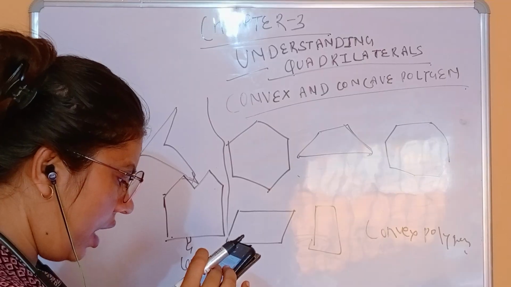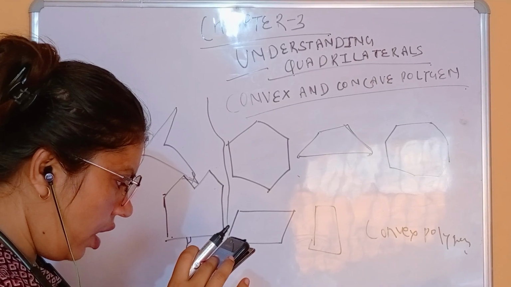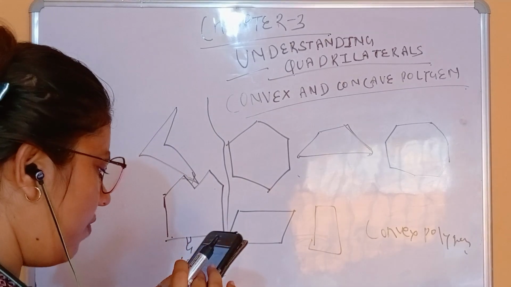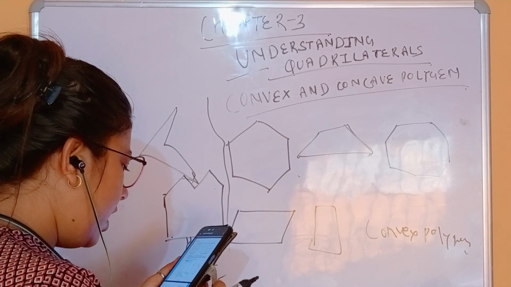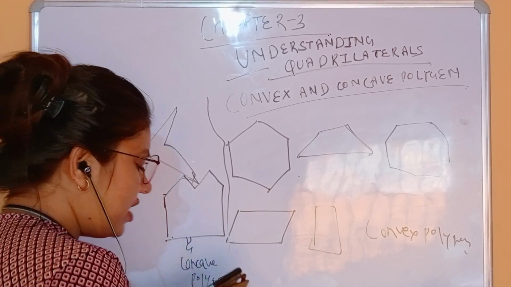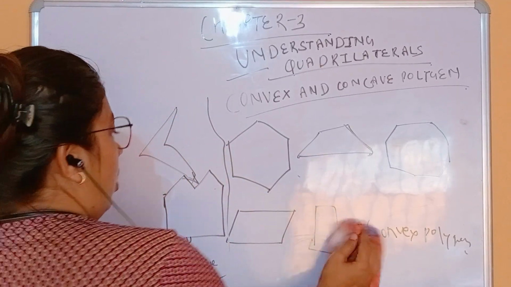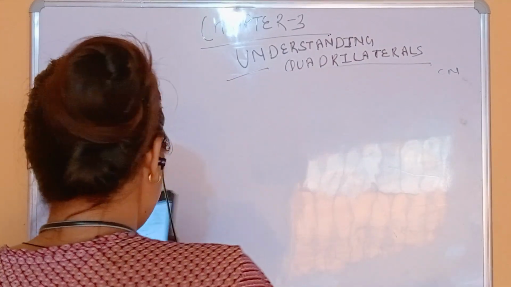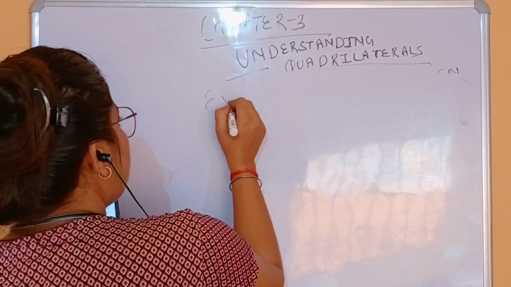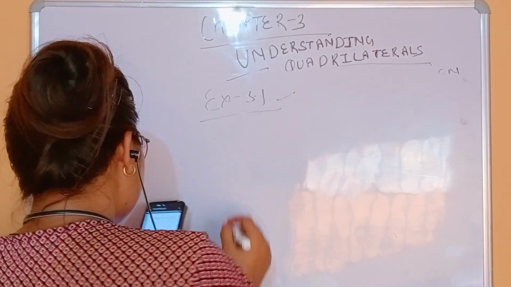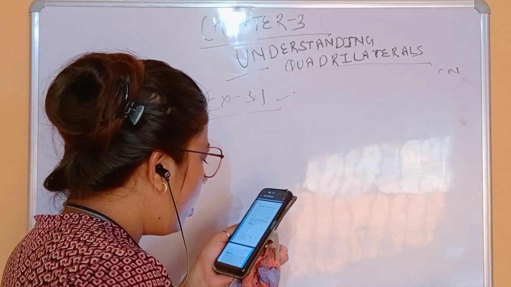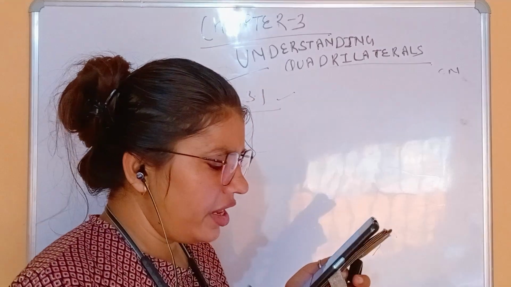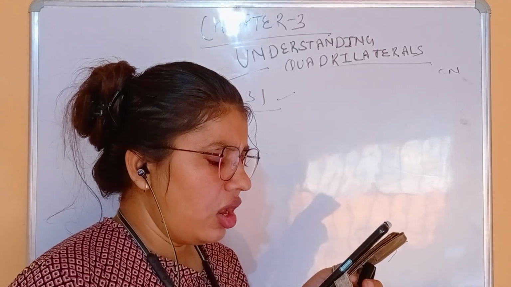So everything is given one by one, like equal, not equal. So all things here are convex and concave sorts. Here are some figures in Exercise 3.1. Now we solve Exercise 3.1. Given here are some figures. There are many figures given. It says to classify each of them on the basis of the following.